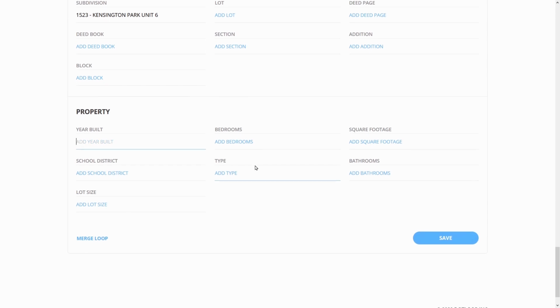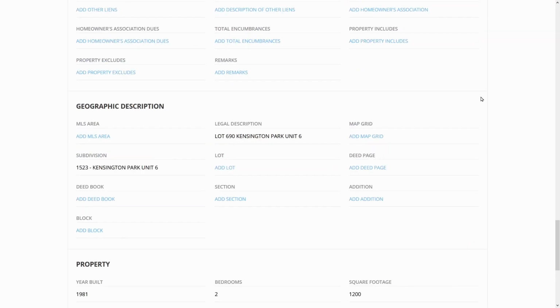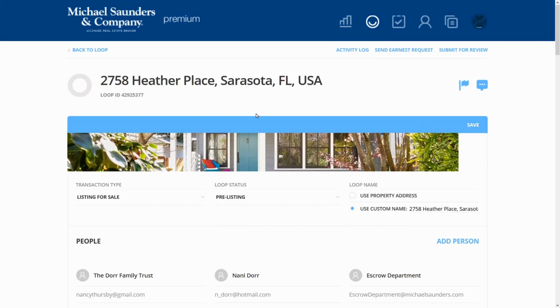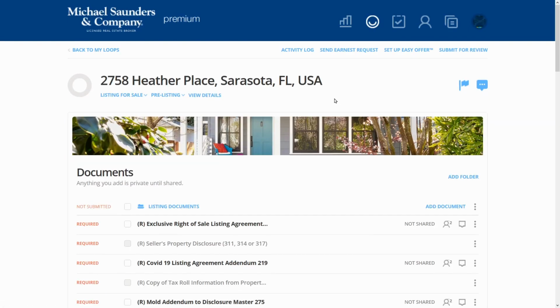We can figure out the year that it was built, how many bedrooms, square footage, school district, and then save. We'll go back to our loop, and now with all the information that we have, we will start preparing the